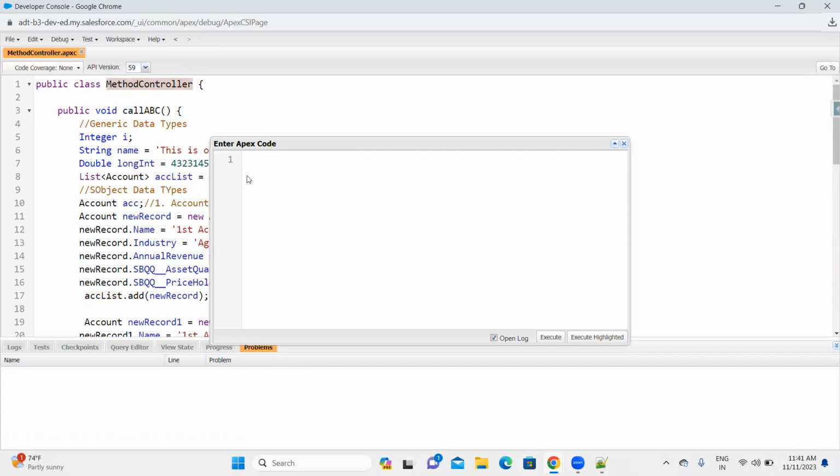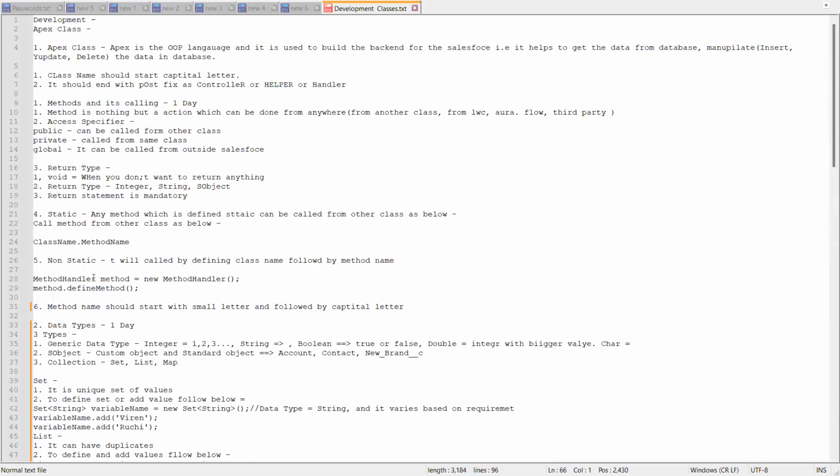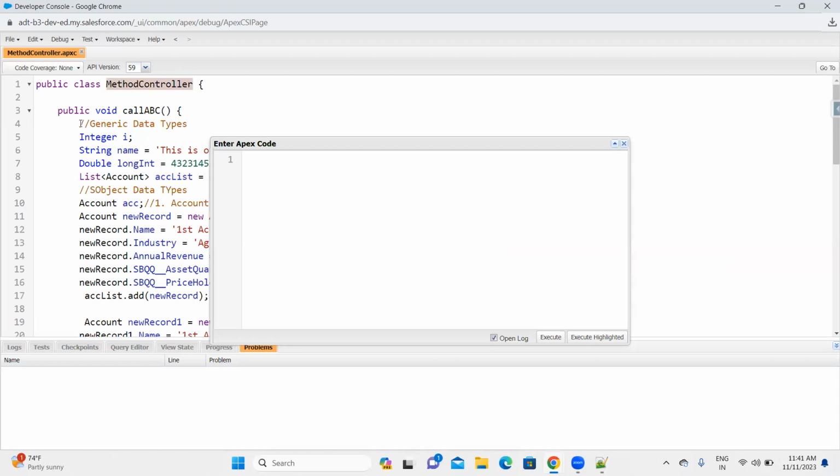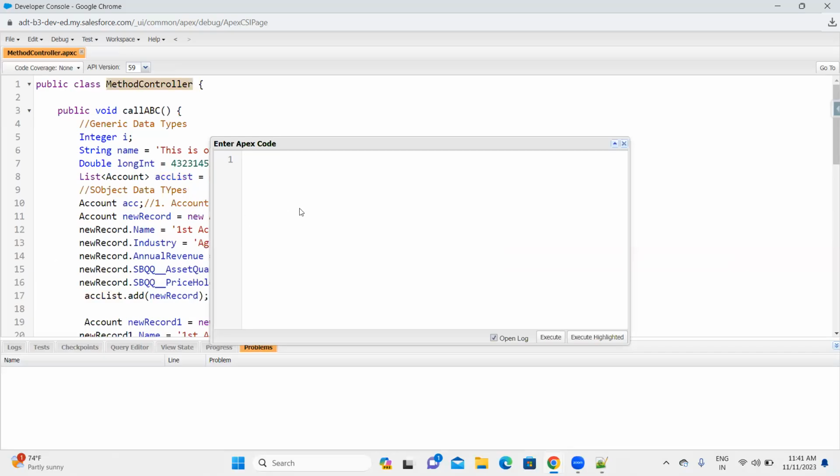Okay, I taught you guys how to call a method, right? A static method, non-static method. So right now, this is a non-static method. To call a non-static method, this was the syntax. Okay, I'm copying this. Method controller,